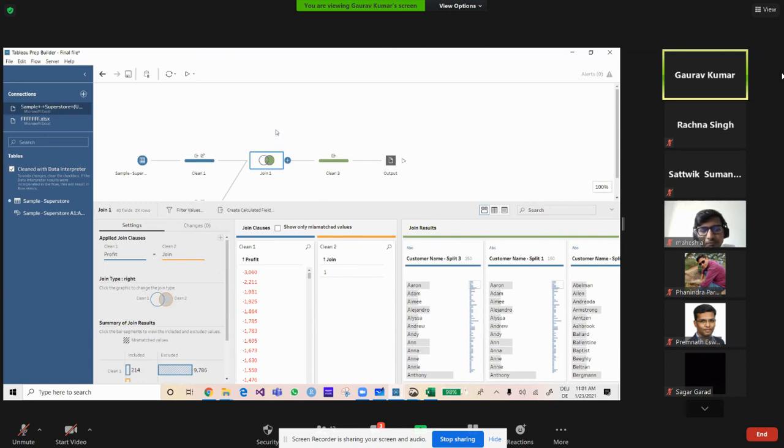But if you are doing a relationship, first Tableau will see whether it is able to do this or not. If it can, then it will consider the volume of the data, and based on the volume, that relationship will be applied on your data set. So yes, there is some performance issue.